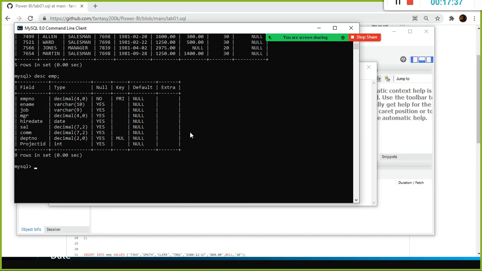So how can you insert the record in this project ID column? You need to check which employee is working on which project. For that we need an additional table called the project table.